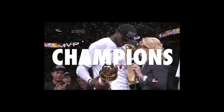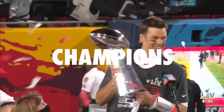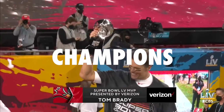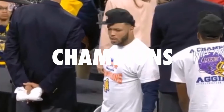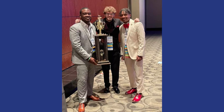Champions, the best of the best. But what's not always better than the rest are the shirts that teams put on after they win a championship. So I wanted to make sure that after my home chapter of Kappa Kappa Psi, the Iota Zeta chapter, won the Founders Trophy for top chapter,